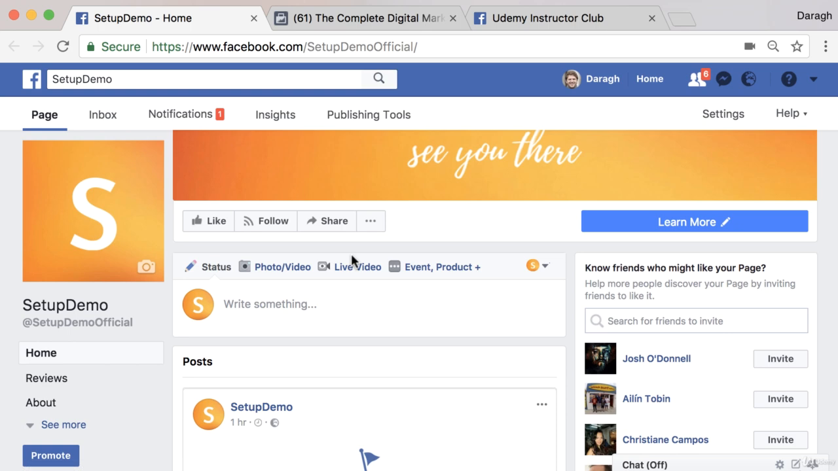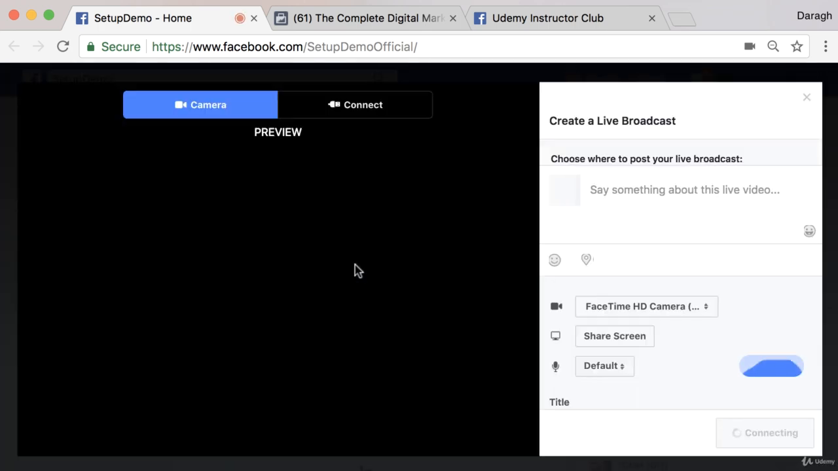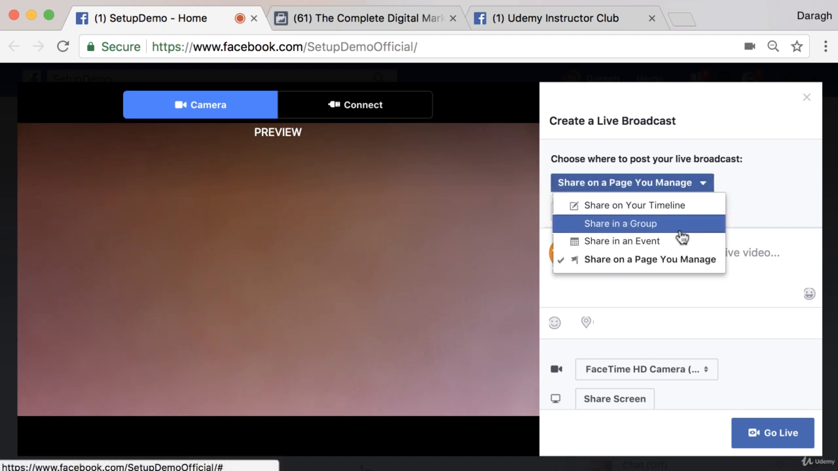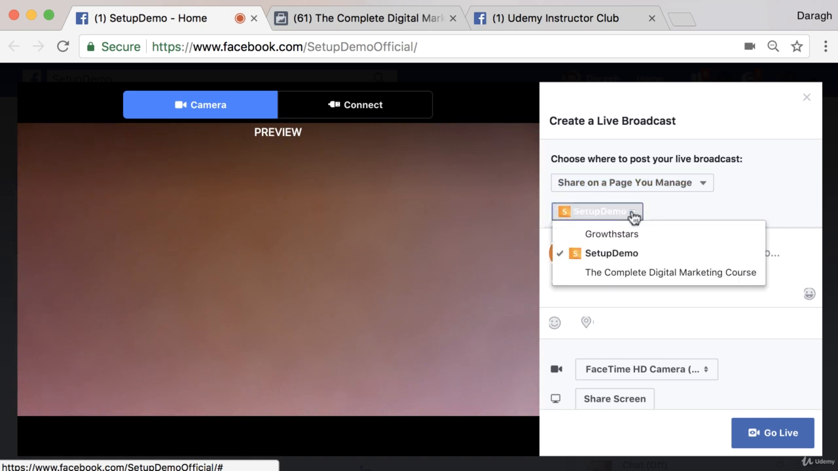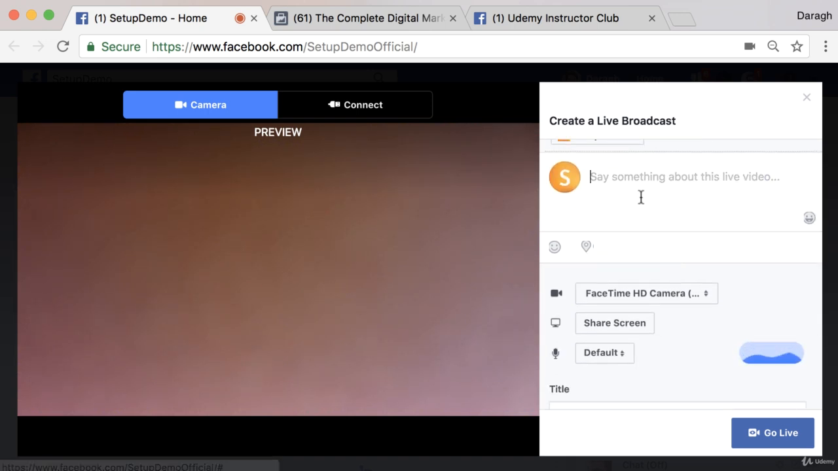At the top of your newsfeed here, you're going to see the option to create a live video. You might just have to approve access to your camera. Right now, I've just covered my camera with a sheet of paper. But in here you can select the page that you want to share it on. So I could change that here if I wanted to. And then you just want to say something about the video that